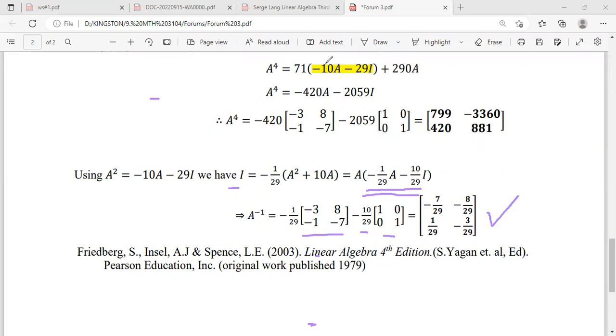So you would have seen how the Cayley-Hamilton theorem provides a very unique approach. I find it a neat approach. I like it,